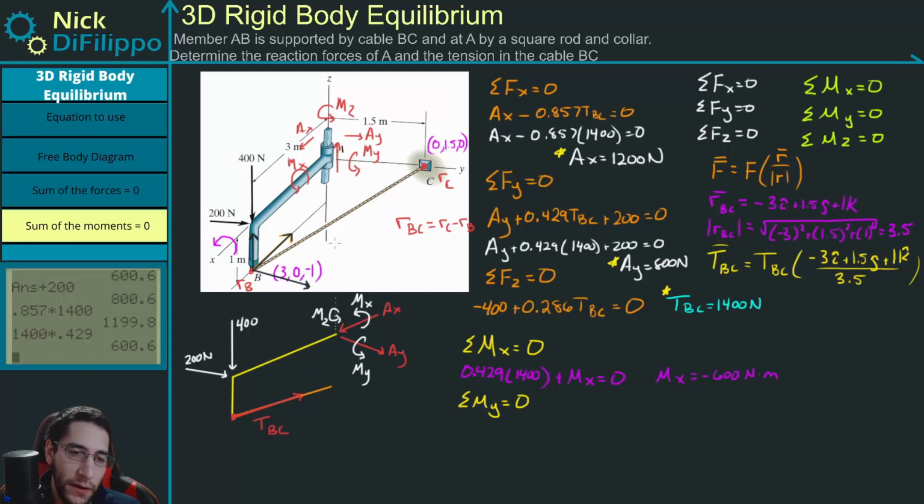Okay? So now we go to the sum of my moments about the y-axis, and that's equal to 0. All right, so in the y-axis, well, 200 is parallel to the y-axis, so it doesn't exert a moment. 400 is not. 400 will exert a moment if we rotate our entire problem through this y-axis right here. What we get is the 400 is going to turn head first. So it's going to be 400